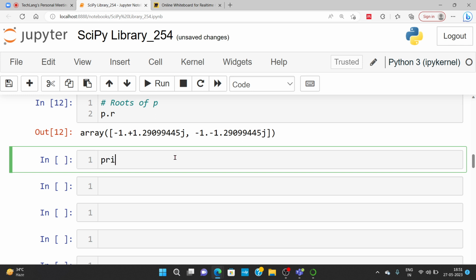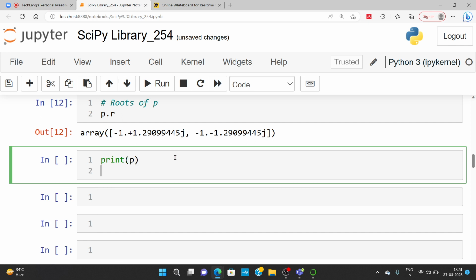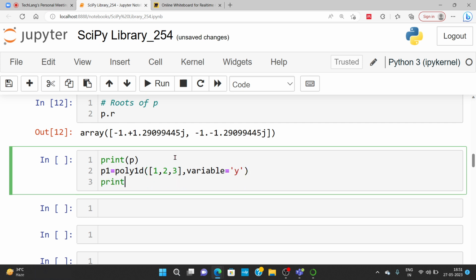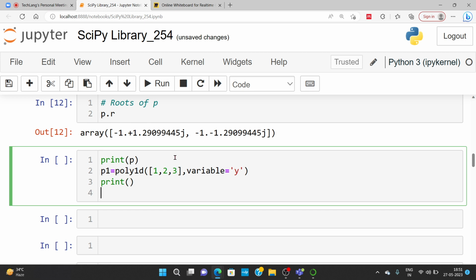Suppose I'm going to print this entire value P, and for this P I'm going to use poly1d, and then get this 1 comma 3, with variable equal to quotes y, right? Addition with variable y, print something, then